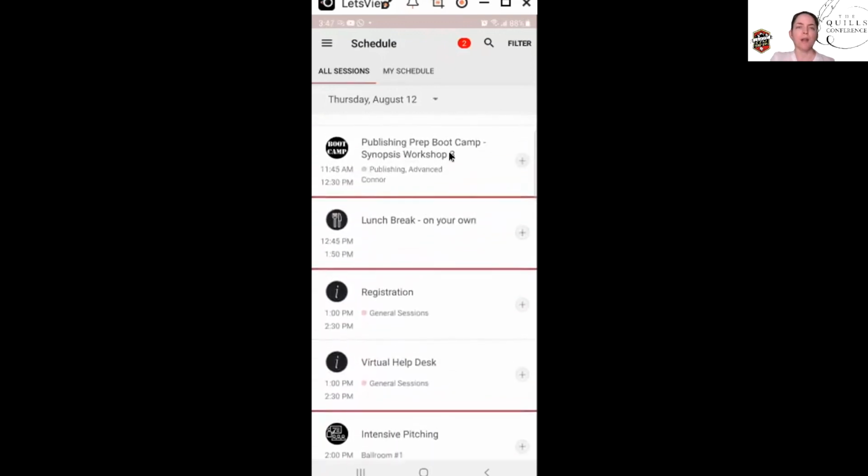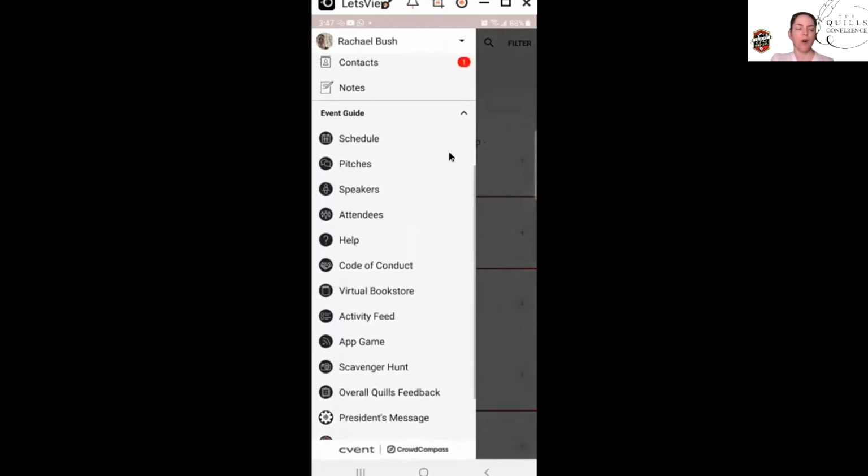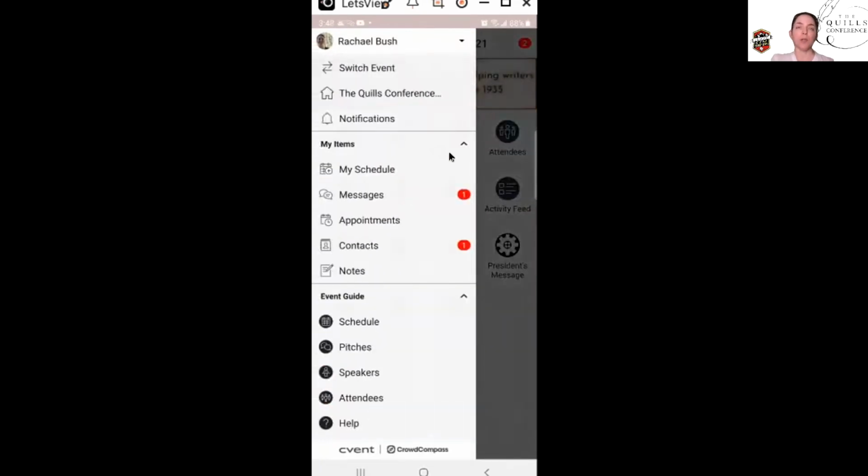Also keep in mind that instead of having a side navigation bar, there will be this little hamburger menu at the top that looks like 3 little lines. And if you tap on that, a little sidebar will open and you can look at my items. So you can look at my schedule, appointments, contacts, notes, and then of course, all of the navigation icons are here as well. If I click on my schedule, it will show me everything that I've added to my schedule